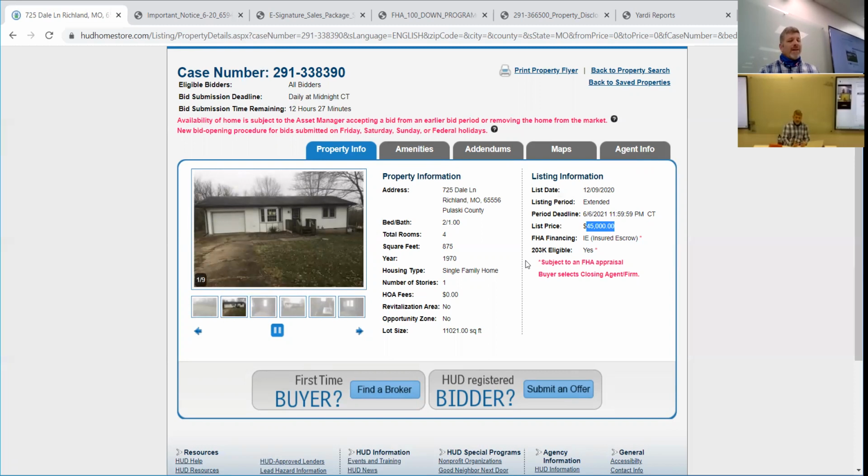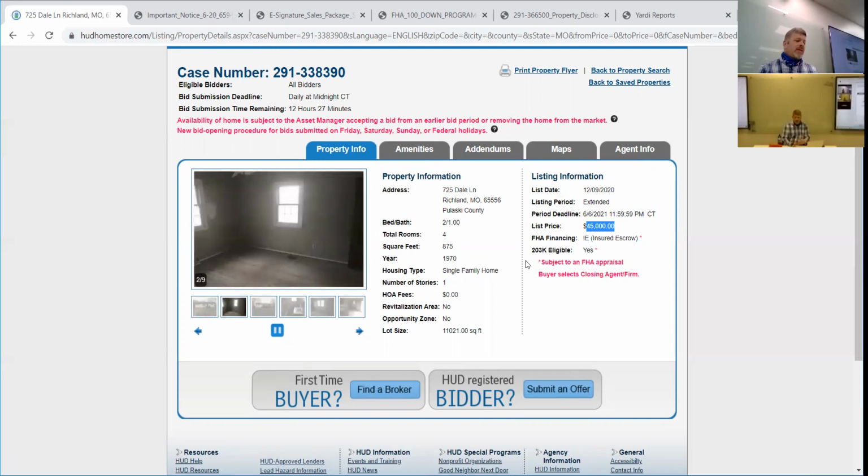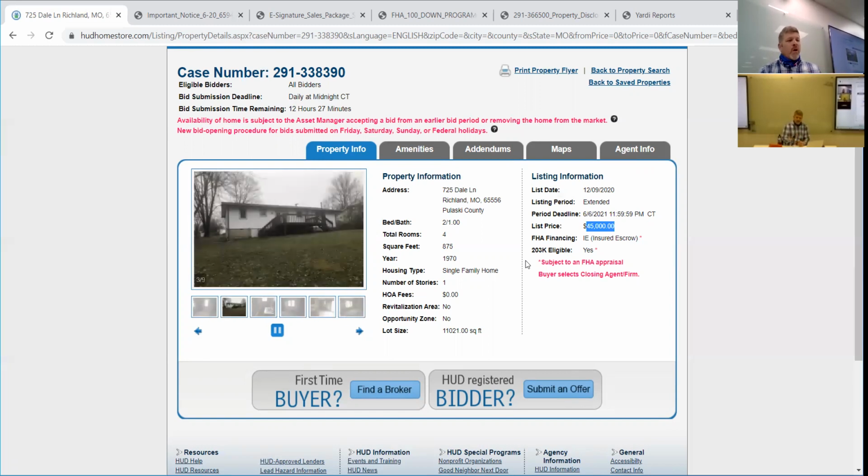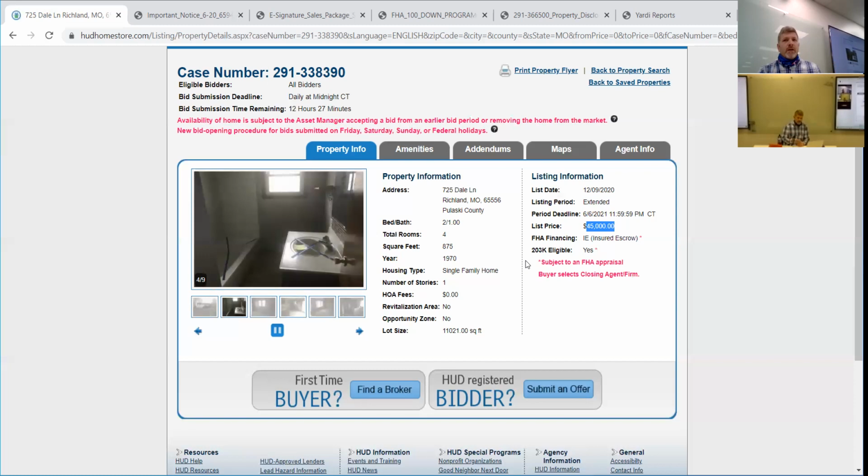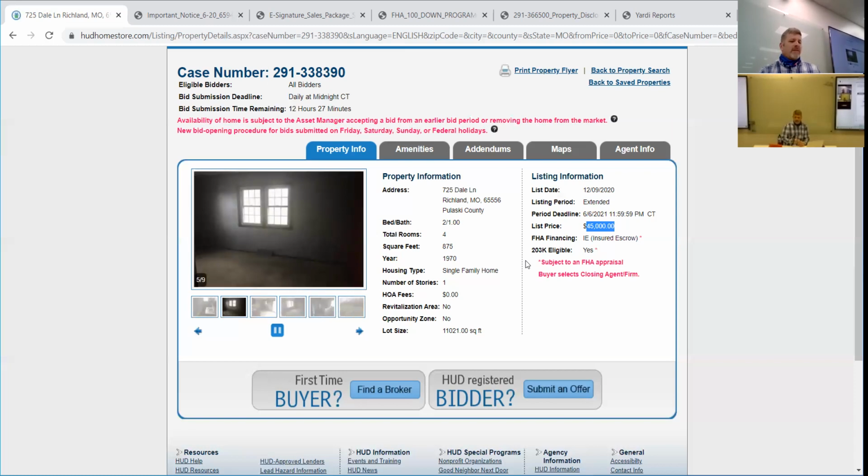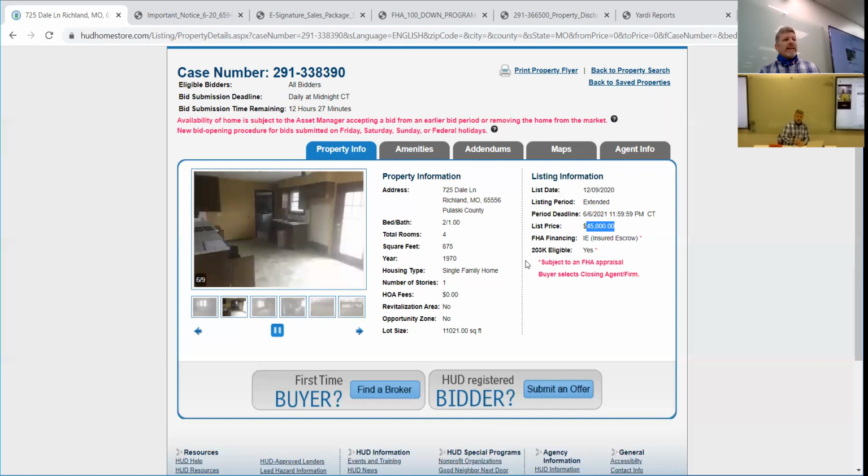There's no way to know what HUD actually needs out of this house. But if I offer $30,000 on this $45,000 house, and it doesn't meet that minimum requirement for HUD, and they don't have anyone meet that minimum requirement over a period of time, ultimately, I will most likely receive an email that says, if your client is still interested in 725 Dale Lane in Richland, Missouri, and is willing to give HUD a net number of X,